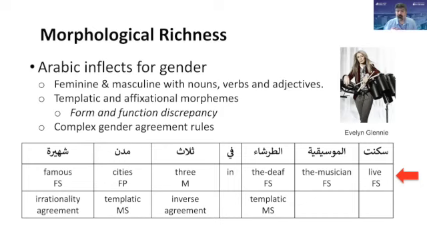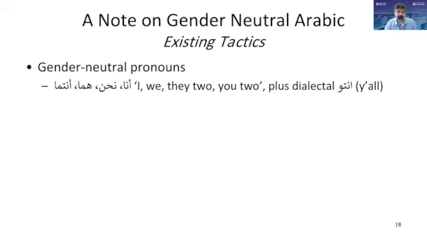Now, this is important when we're generating Arabic, because we want to make sure we generate the adjectives and verb agreements properly, right? So I'll take a little note here because this was kind of fun to investigate as part of the work that we did on gender neutrality and gender neutral pronouns. Because one solution could be, forget about the gendered language. Can you just get rid of the gender? What aspects of Arabic can be gender neutral?